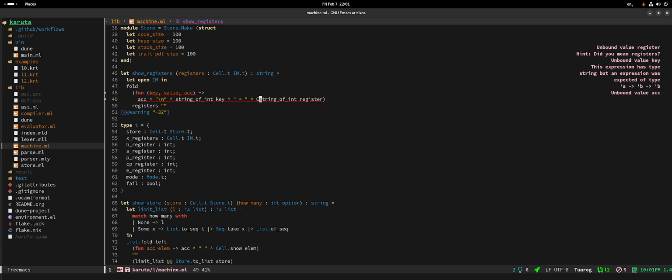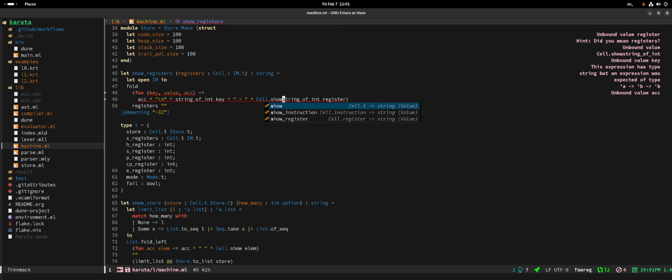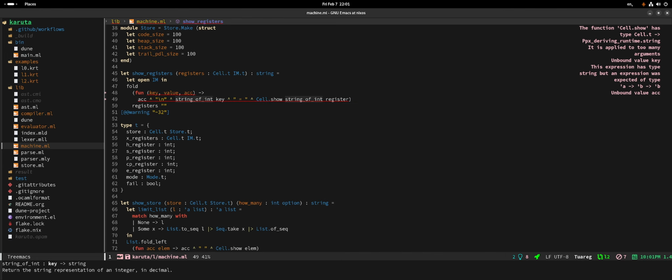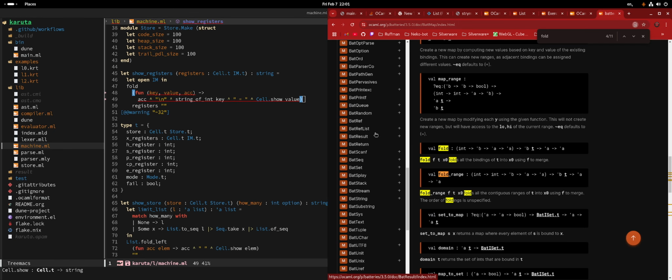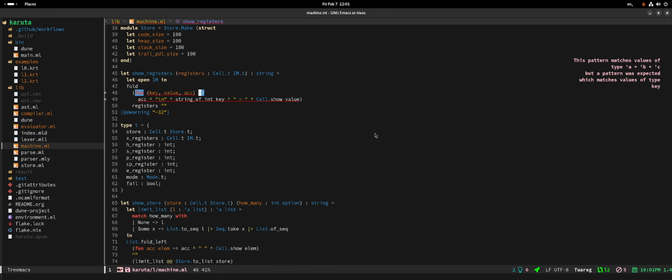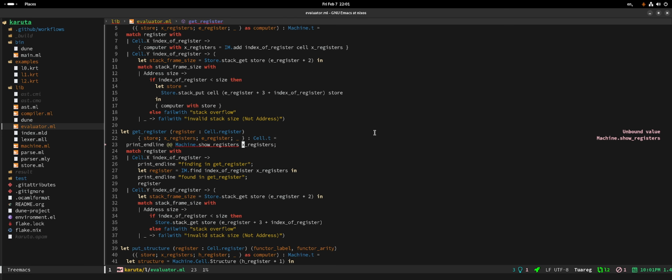Theoretically speaking, I should be able to do cell show value, and then call it. Wait, why is this wrong? Oh, this doesn't receive a tuple. Okay, that works.